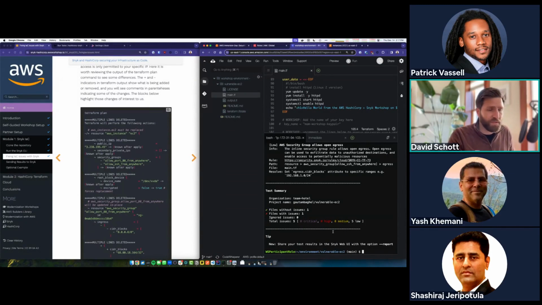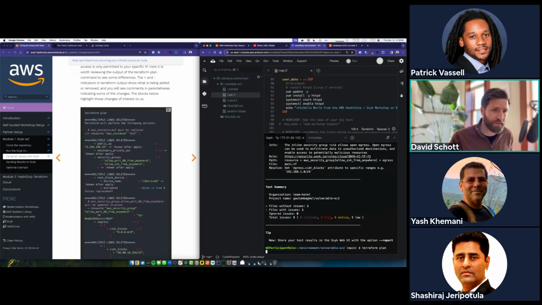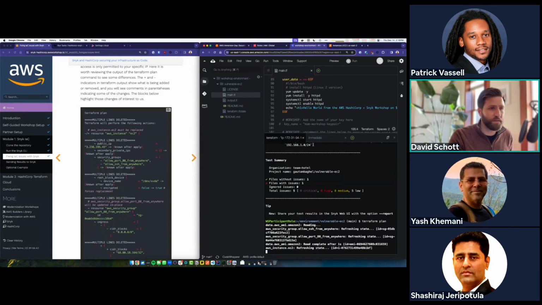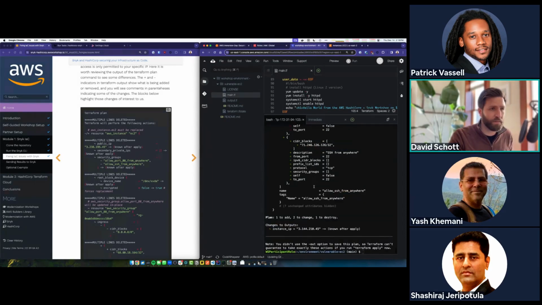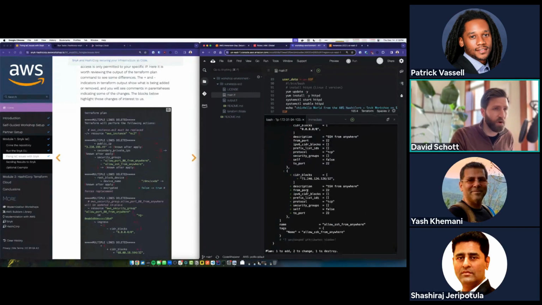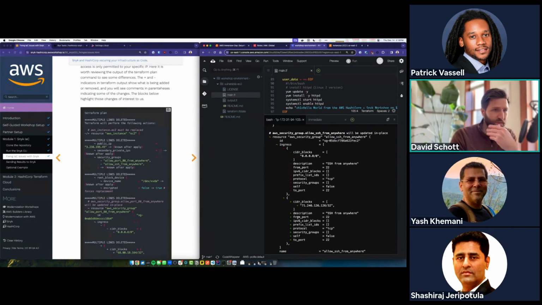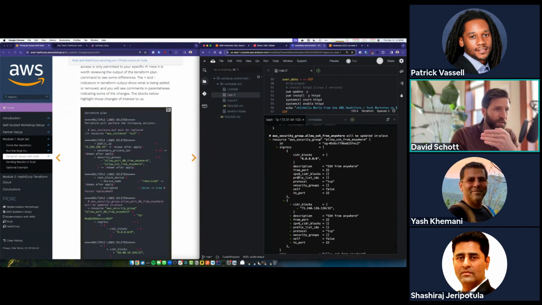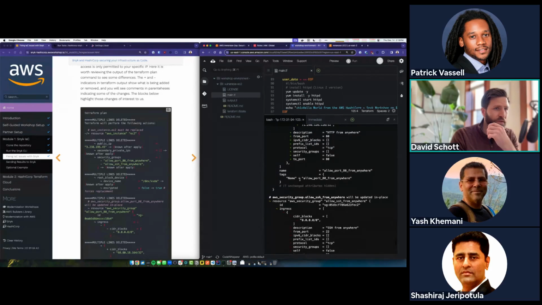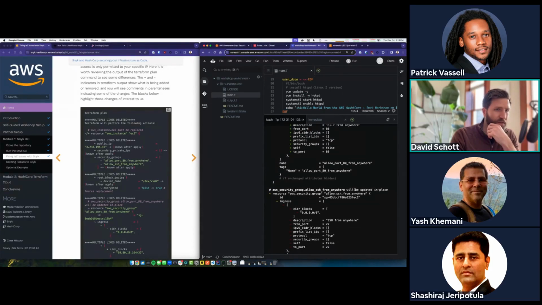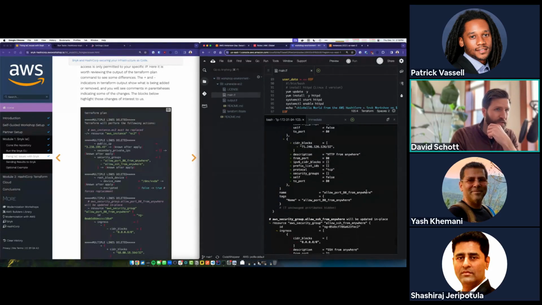To do that, we're going to run Terraform plan, just like before, to see what's going to change if we deploy the Terraform that we have in front of us. And I love the output here. Just like before, instead of all plus signs, we see a blend of certain things that are going to be added to the environment. Other things are going to be removed. Things like security groups can be updated in place.